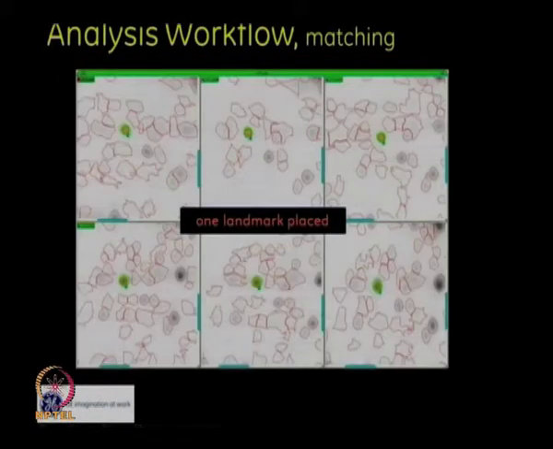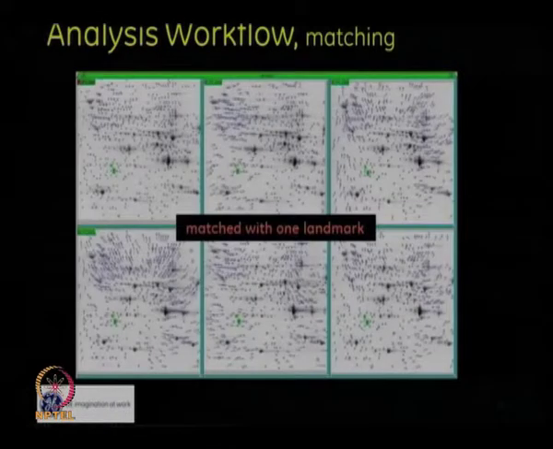You can see once we put the landmark, how drastically things changed. There is no tail at all. That is what it will help you with in landmarks. So this is another one matched with one landmark. Again, the vectors now look well organized, with a similar orientation, as compared to the ones we have seen earlier where there was no landmark.